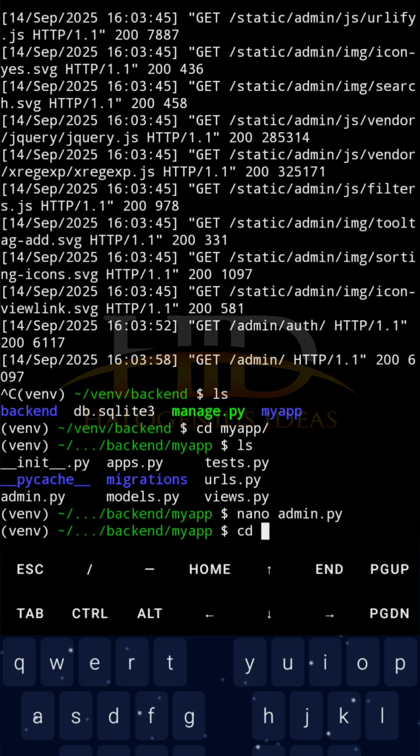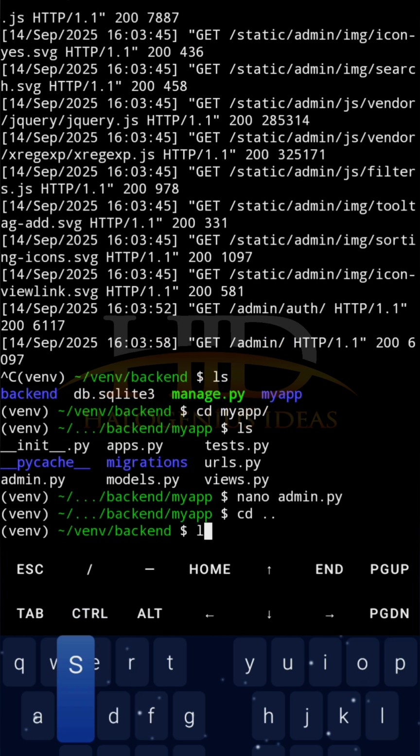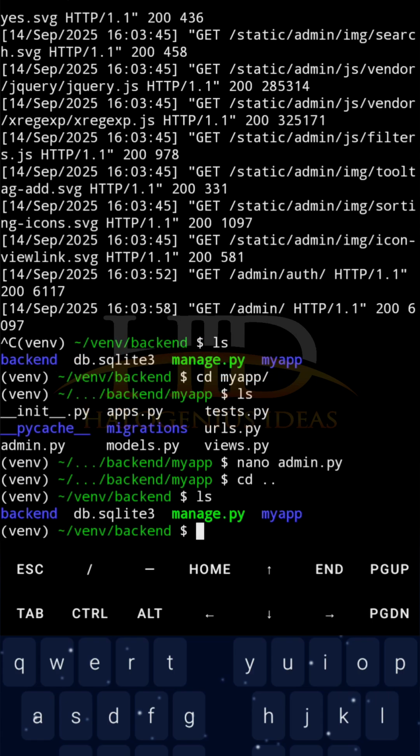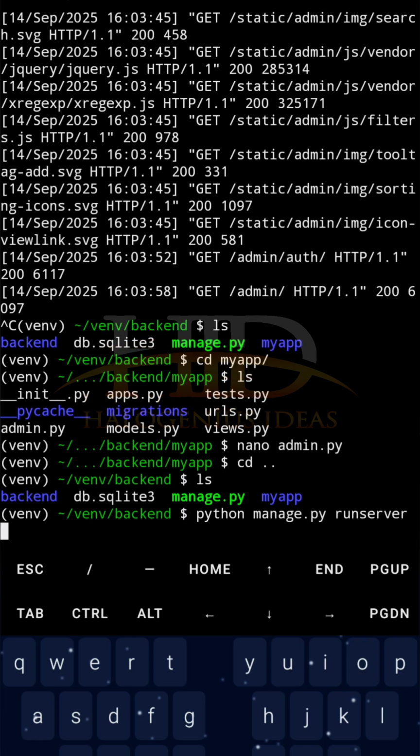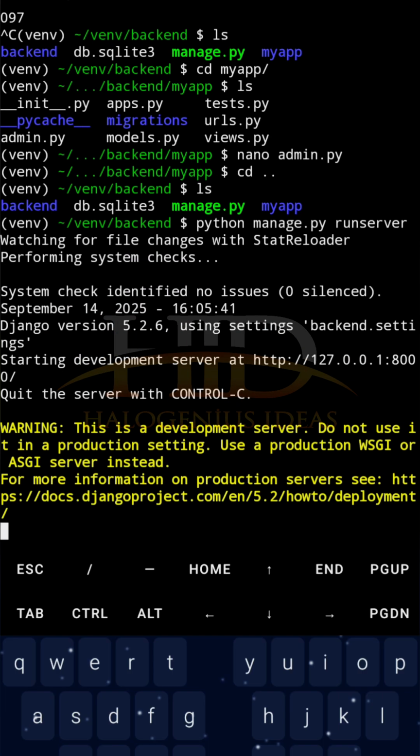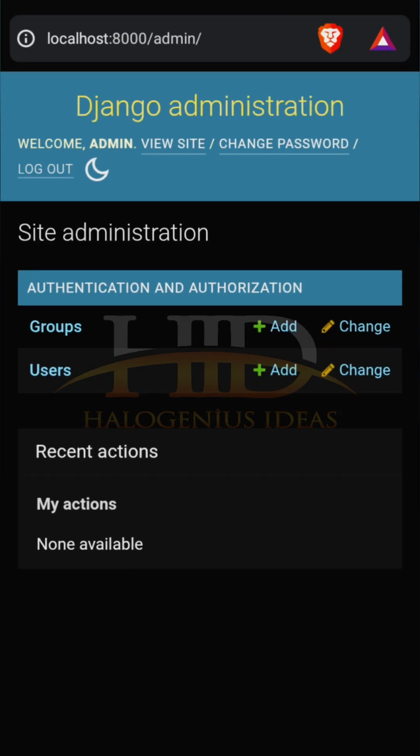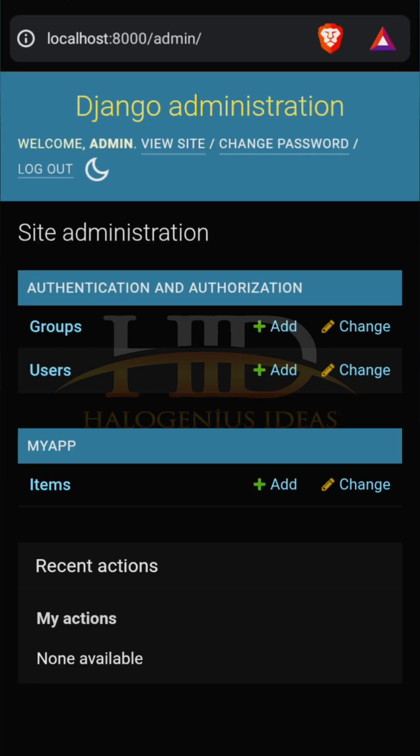So cd, go back, ls. So now python manage.py runserver. So let's come back here to reload this particular page. Okay, you can see now I have items. So basically it is going to be grouping all those models